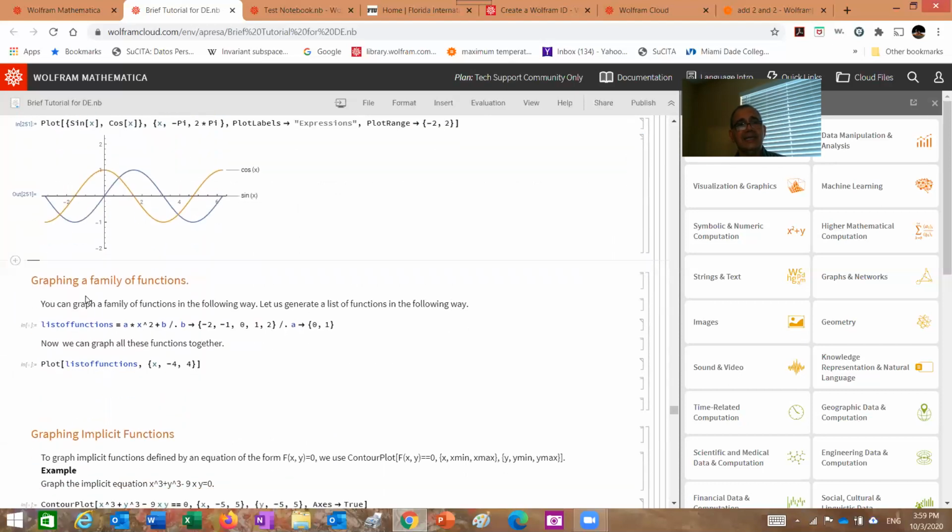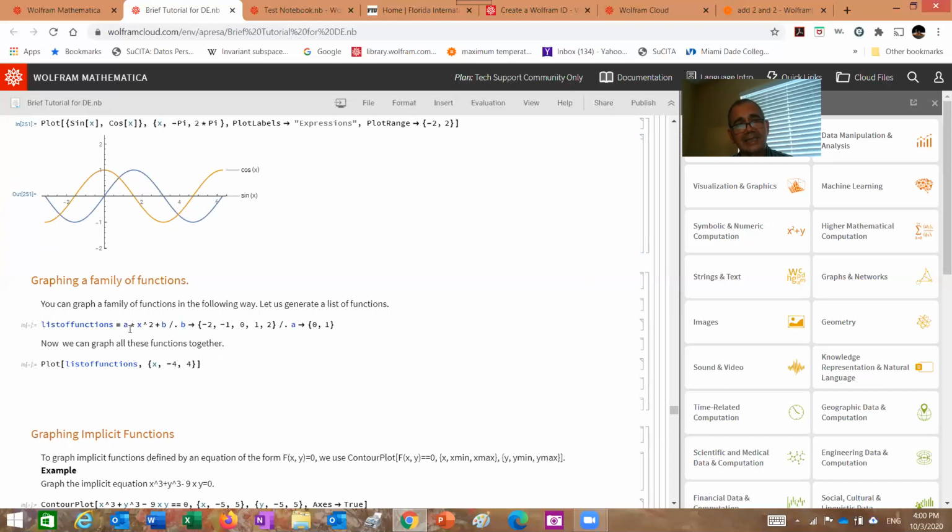Now, let's see how we can graph lists of functions. You can graph a family of functions in the following way. Let us generate a list of functions. So here, we are going to define the following list of functions. The functions are